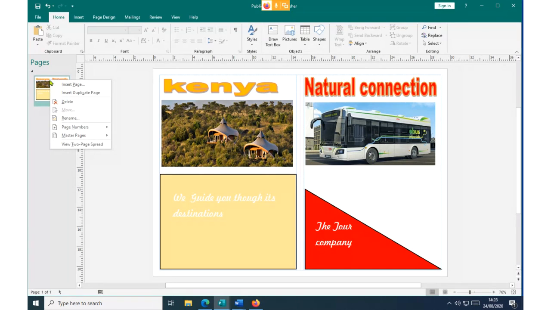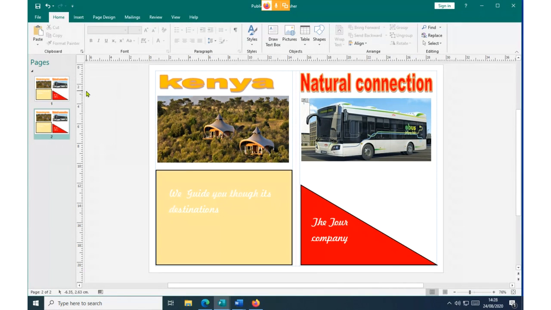On the shortcut window that will appear on that particular location, you click on insert duplicate page. Then you'll be given the same page that's appearing here and there.